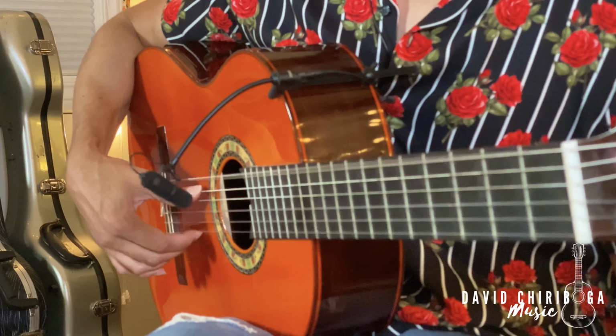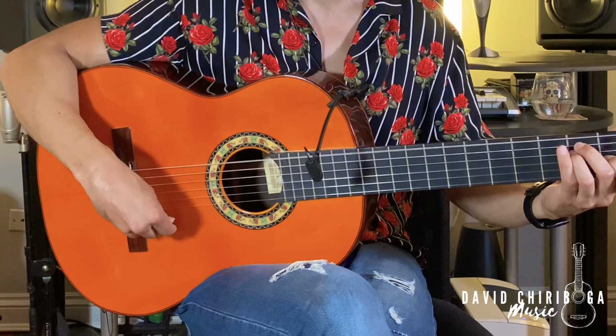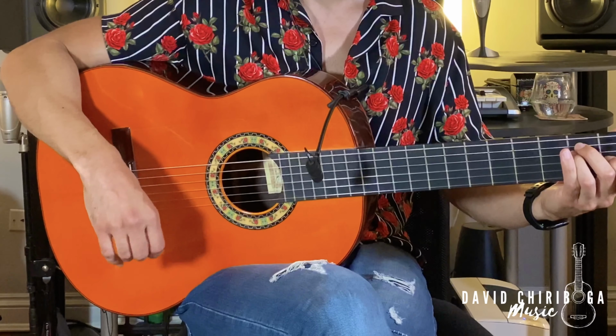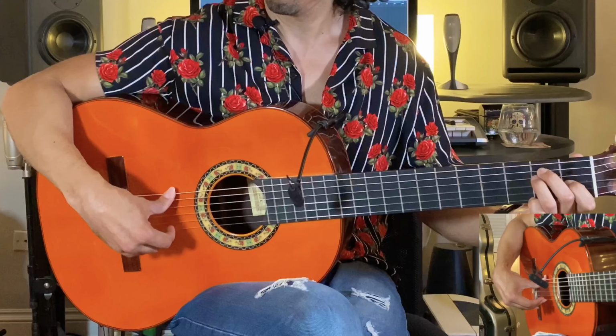So if you tried to do it from this position, you can't really attack the string too well. But if you do it from the 45-degree angle, you could get a much nicer, stronger sound. Now the actual mechanics of using the Alzapua are just a combination of using the wrist and the thumb joint. And then the wrist. Now when you combine that together,